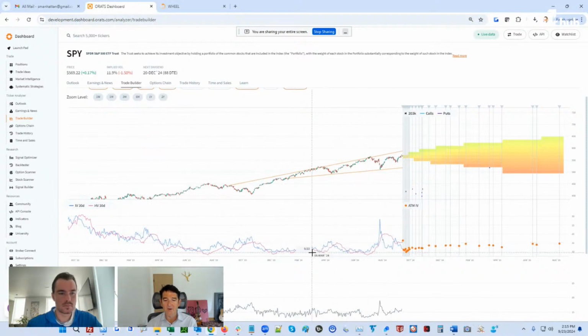If you look at this magenta line, that's the historical volatility, and the implied volatility is the blue line. To me, it looks pretty close, so there's not much theta edge there. Now, if you wanted to find some of that theta edge that Tyler was talking about, one, you could go